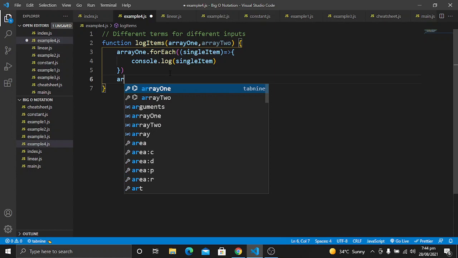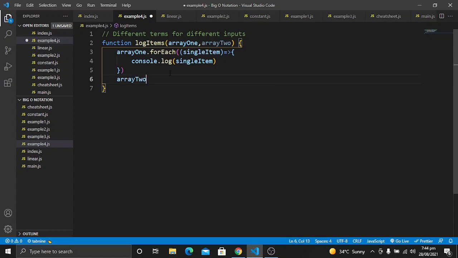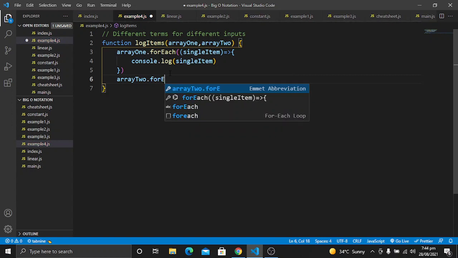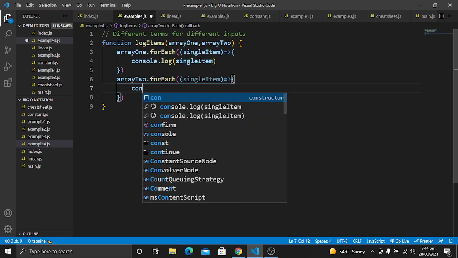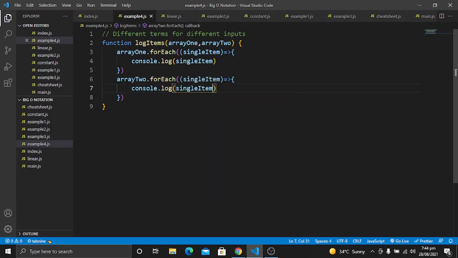Now we are running a for loop for the second array as well, using forEach, and we are just logging this. So it means that we have two inputs and we are running for loops on these two different inputs in our function.